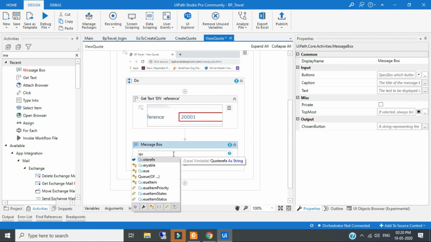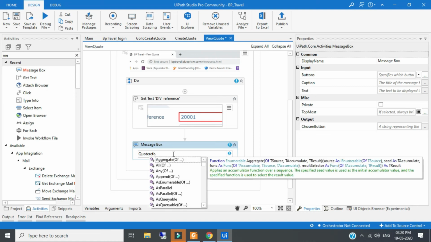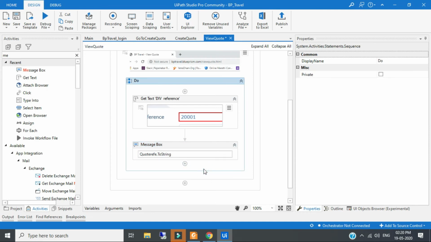So I will click on quote reference. As I told you, everything should be in string format. So I will do dot ToString, because we are getting an integer and UiPath takes a string. So we will convert that integer into string, that is ToString.